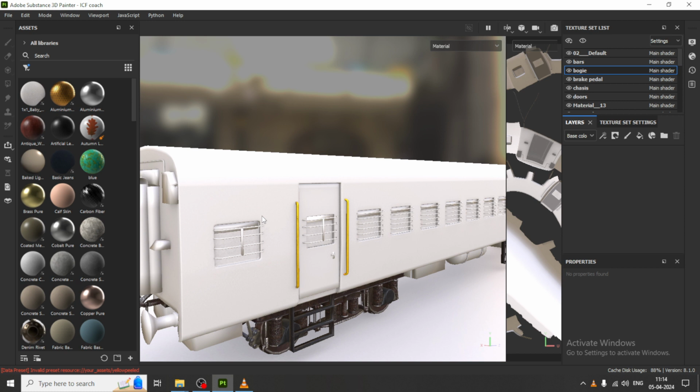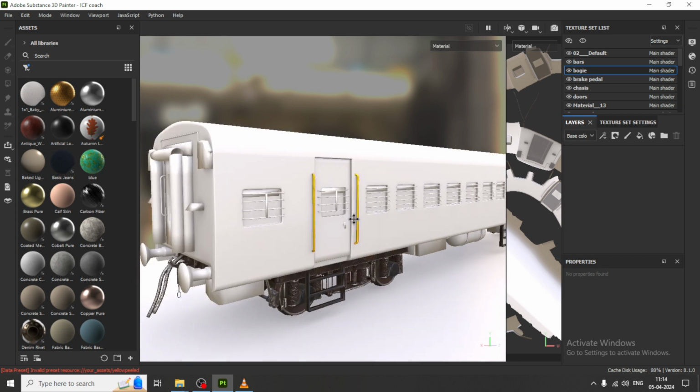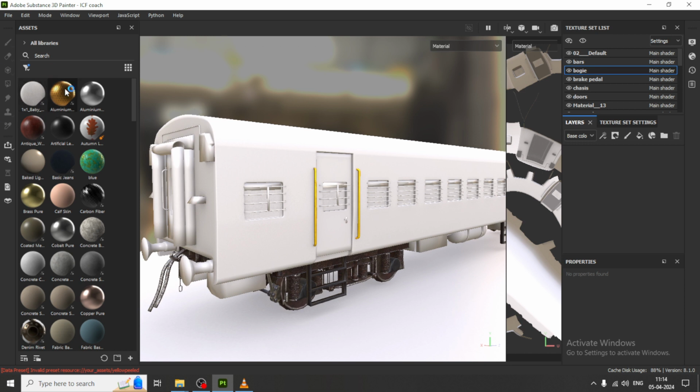So let's get started. As you can see over here, we have started with the texturing of this particular ICF coach in Substance Painter. So let's continue it. Now what I'll be doing over here is, let's go into this